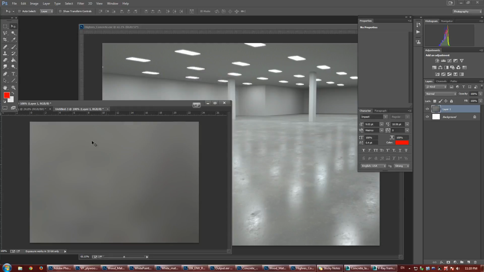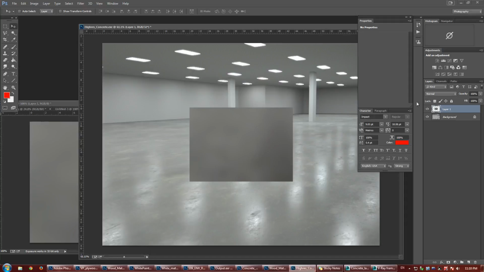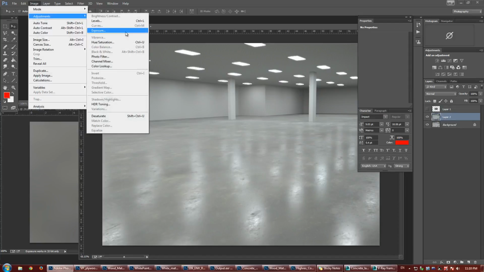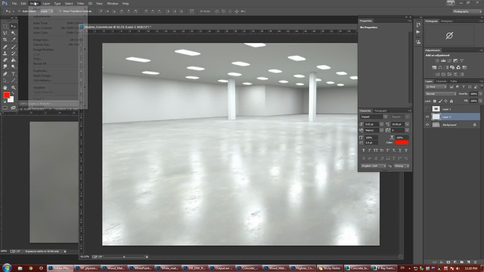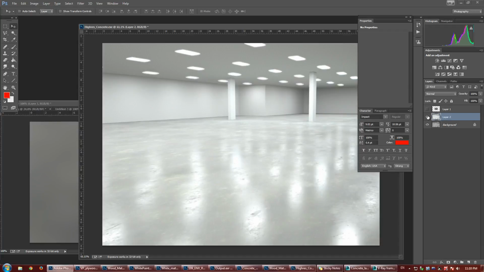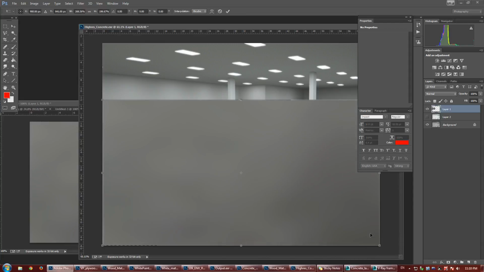So once I've blurred that fairly strongly, I'm going to bring this over the top of my image here, even though it's 32-bit. First thing I'm going to do is copy this image, make it a bit bigger, and now make that 8-bit. And now I've just got a brighter version of this render, just in case I need to use that. But now I'm going to drag this out over the floor,